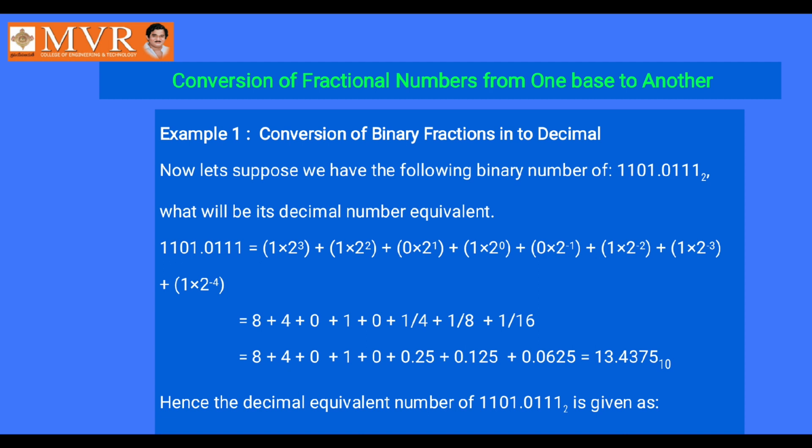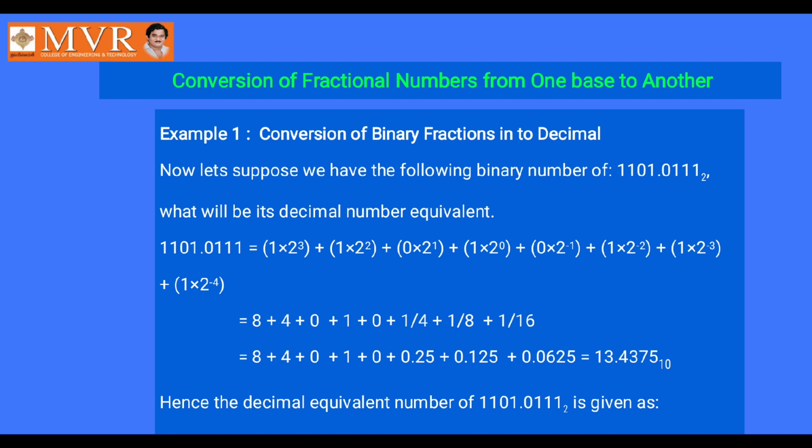After the decimal, you need to write the positions in the reverse order. In the integer part you wrote 0, 1, 2, 3. Here, after the decimal point, in the fractional part, you have to write minus 1, minus 2, minus 3, minus 4, like that. So the value very next to the point has position minus 1, and the next three consecutive ones have positions minus 2, minus 3, minus 4.